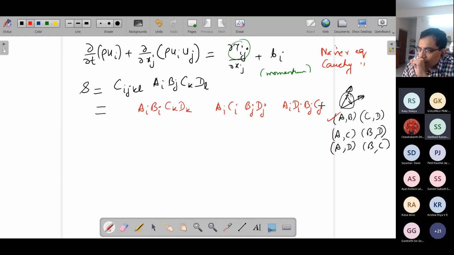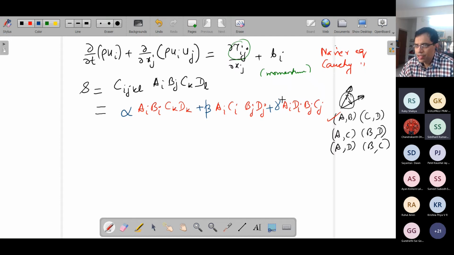Now it's a linear combination because it's a linear mapping. So we consider these with some prefactors which are linear factors, let us say alpha, plus beta, plus gamma. So these are just coefficients. See, in a very interesting and simplified way, from the 81 parameters we have come down to just 3 parameters, alpha, beta, and gamma, which are not functions of position because it's homogeneous, just by considering isotropy.